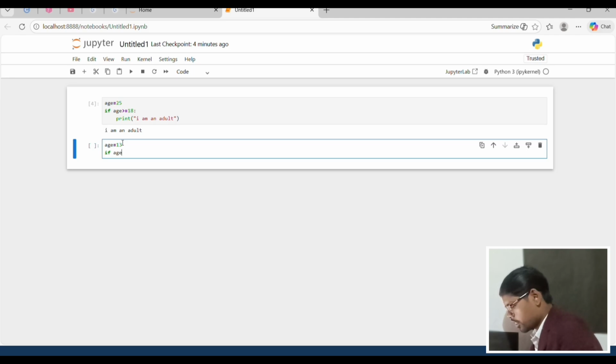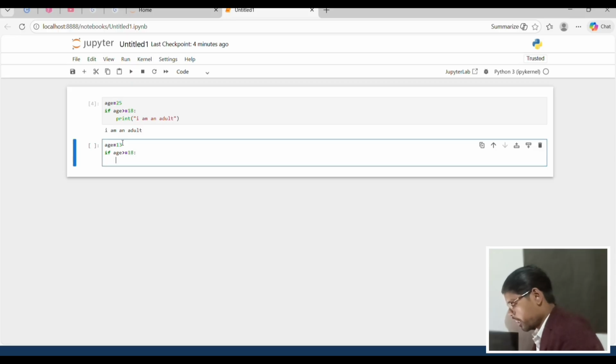If age is greater than or equal to 18, print I am adult.